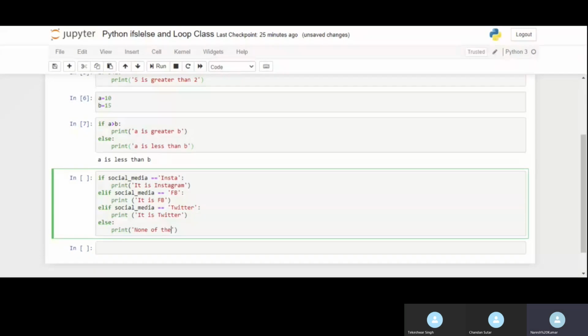None of the social media is okay. So what happened here? I have kept three conditions, right? First was if social media is Instagram, then it will tell me it is Instagram. If social media is FB, it will tell me it is FB. And if I am using social media as Twitter, then it will tell me Twitter, right? If none of the conditions is getting fulfilled, then it will come out and print none of the social media you are using it. Okay, so